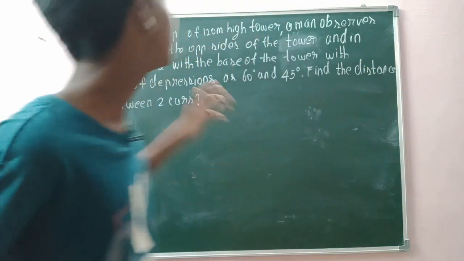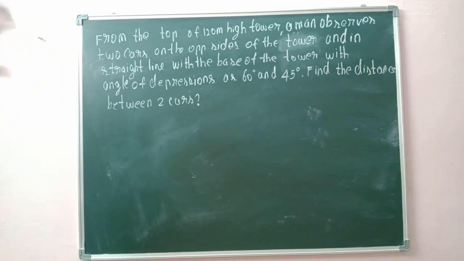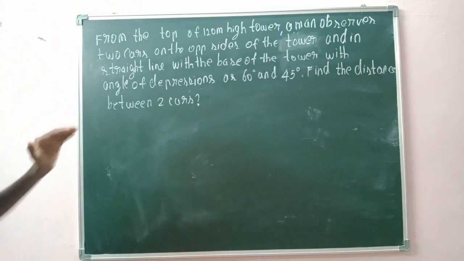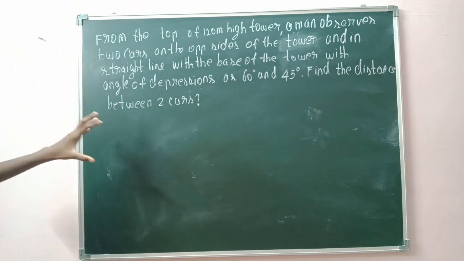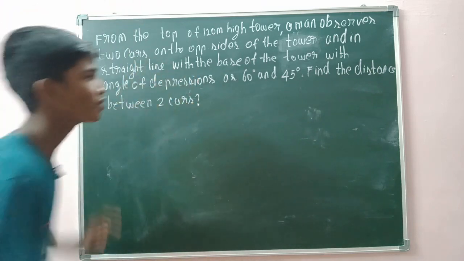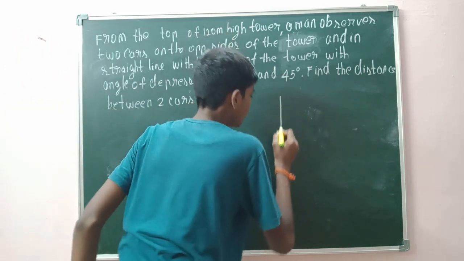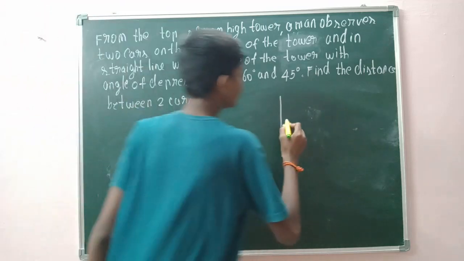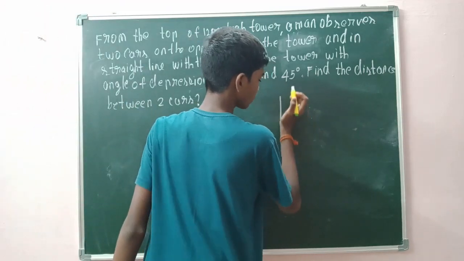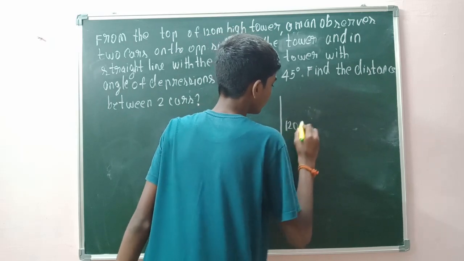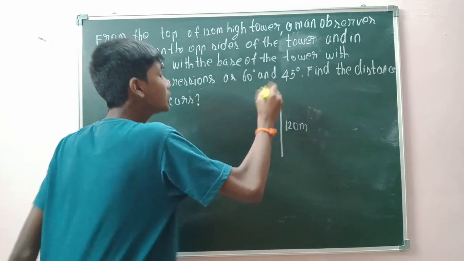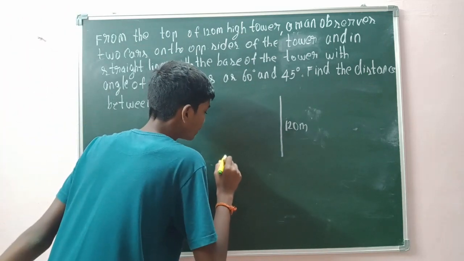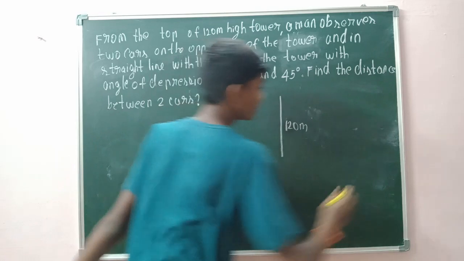So people, it is given that from the top of a pillar, a man observes two cars on either side of the road, with angles of depression 60 degrees and 45 degrees. Let me say this is your tower, and the height of this tower is 120 meters. From the top of the tower, from this point, he observes two cars. Let car 1 be this point A, and let car 2 be